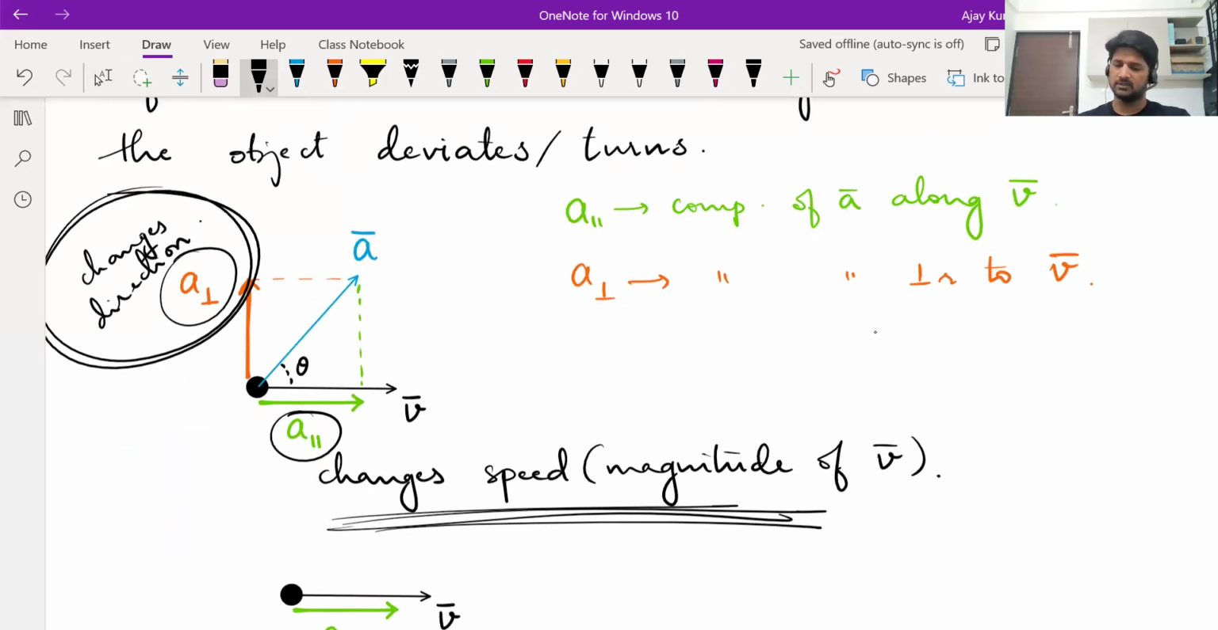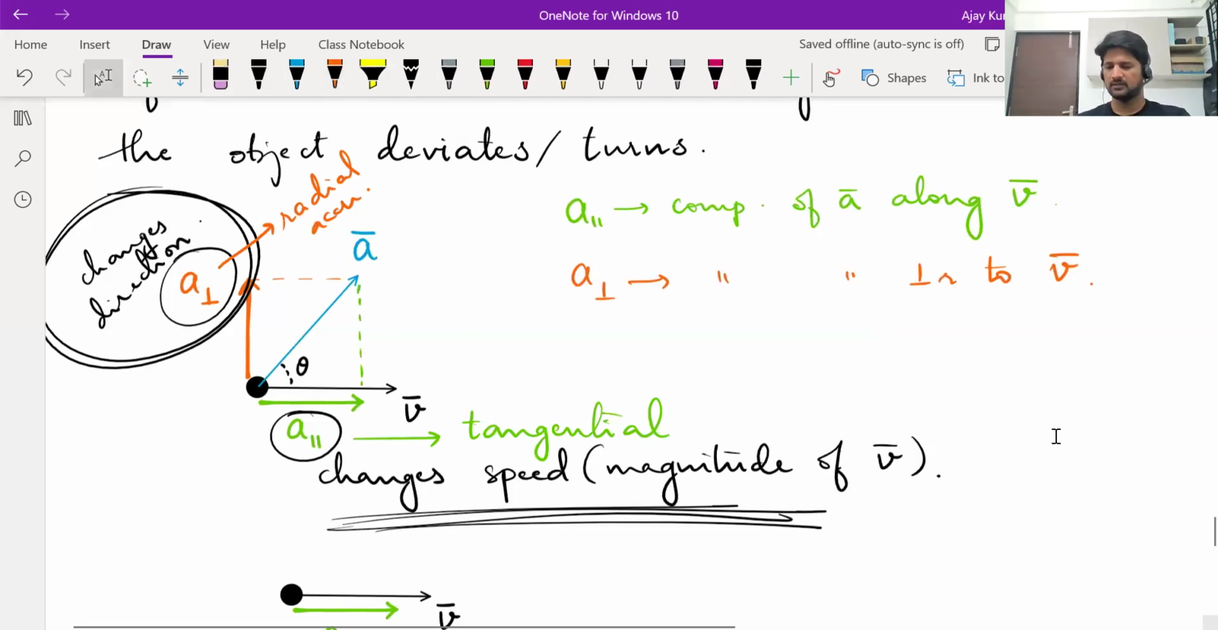In fact, there are names given to these also. A parallel is called tangential acceleration, and a perpendicular is called radial acceleration. The direction perpendicular to velocity, we call the radial direction. We'll discuss more about this in the next class. But just remember,